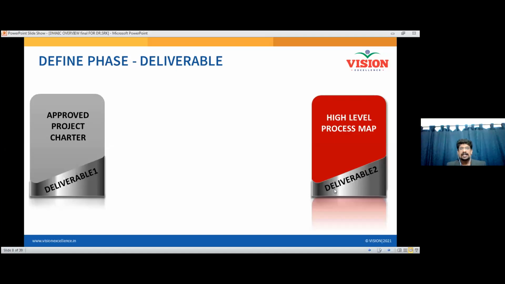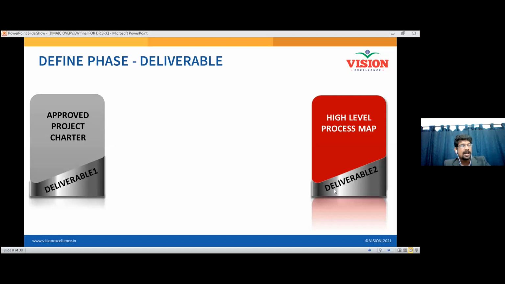What will I get at the end of the define phase? At the end of the define phase, you are going to get an approved project charter. What is the difference between a project charter and an approved project charter? The project charter may be developed by a team member and the project manager, who is responsible for the project. But the approved project charter will be finalized and approved by the concerned project sponsor, the financial